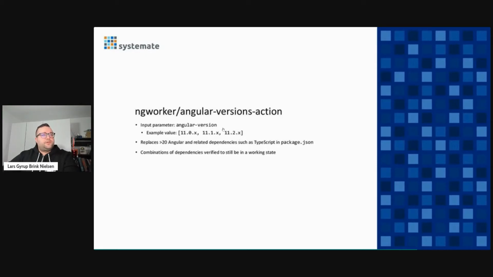So we're trying to give you a turnkey solution for testing across versions of Angular, even minor versions, as you can see. So you're not specifying 11.x, you're specifying 11.0.x, 11.1.x, because sometimes it does affect you as an application or as a library, even minor versions of Angular, especially since some of them introduce new versions of TypeScript. And every version of TypeScript has breaking changes. It doesn't follow semantic versioning. Yeah, so that was about the Angular versions